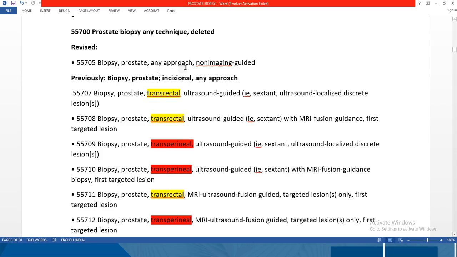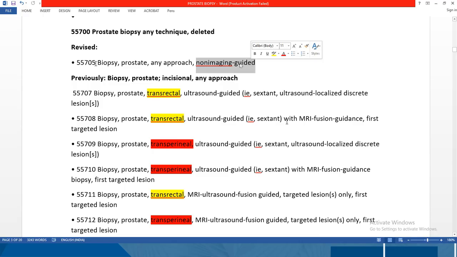If the physician does not use any type of imaging guidance, we need to use 55705. Previously in 2025, the code description of 55705 is biopsy prostate incisional any approach. But in 2026 they have clearly mentioned the documentation does not contain any type of imaging guidance,